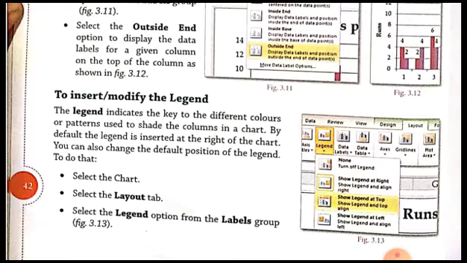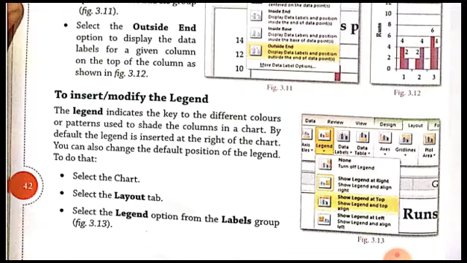Here key means the different divisions which the colors are representing. In that example, the key was the different divisions that the colors were representing. In this way the keys will change as per the example, as per whatever chart we are creating. Keys refer to those values which are being denoted by the different colors.